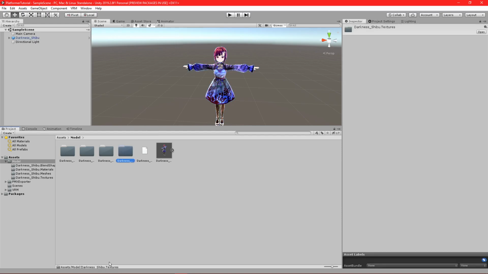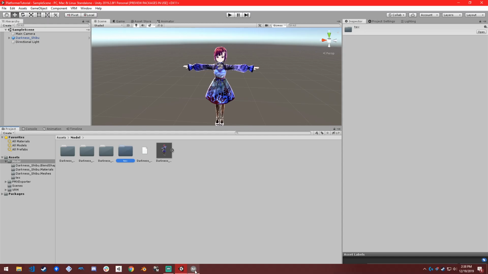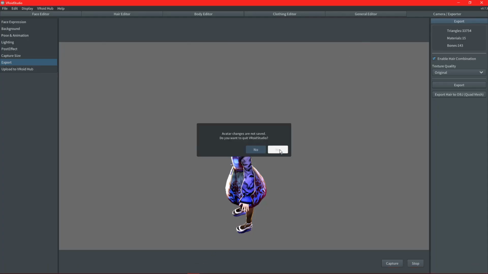First thing we're going to do is this .textures folder. You can see there's .blend shapes, .materials, .meshes, and then .textures. If we rename this .textures file to text, that'll tell Blender, hey, this folder contains a bunch of textures for the character, so we're not just looking at a blank gray figure in Blender. So yeah, let's actually close out of VRoid, save some resources on my computer,